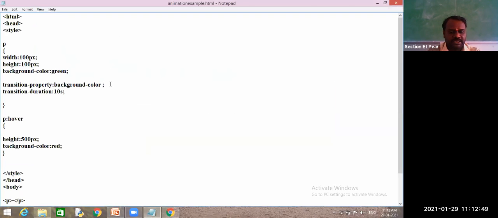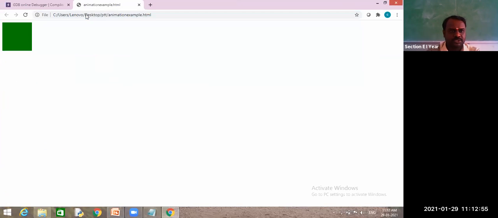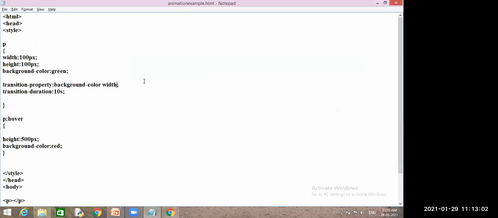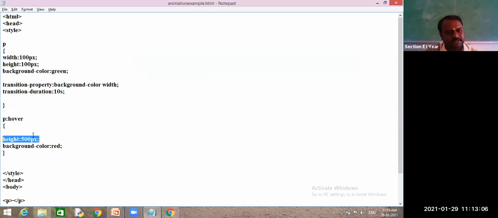Even if I write width and height, there is no actual combination. What happened? Maybe there is some relation between height and width, but it should not be applied like this.